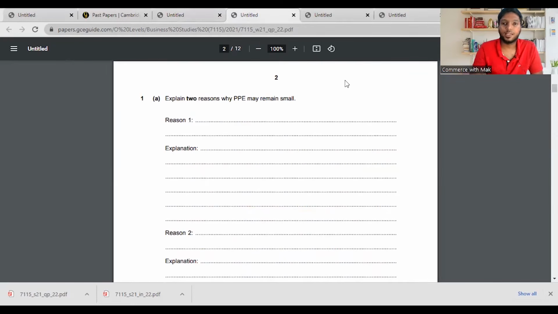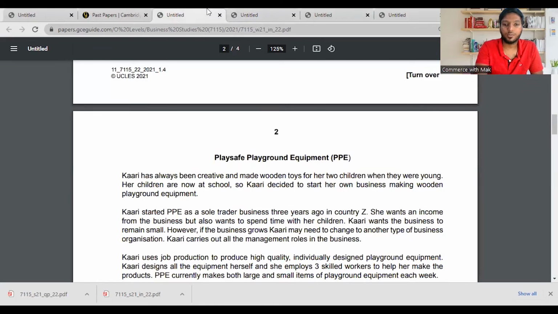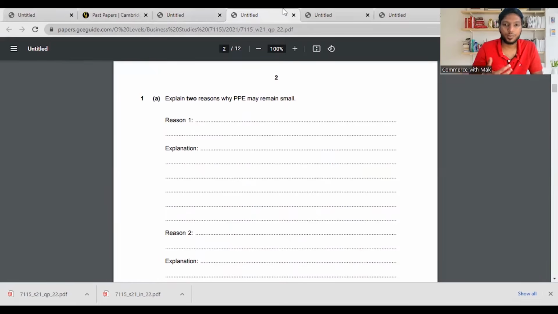As I said, this lady, what's her name? Kari, has decided to spend some time with their family. So she wants to make it small. So I will write here flexible timings. Then you can write, as Kari